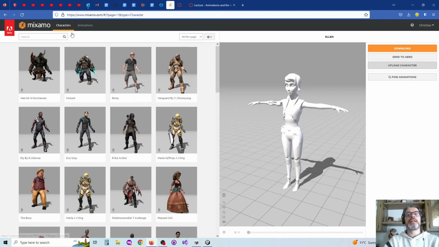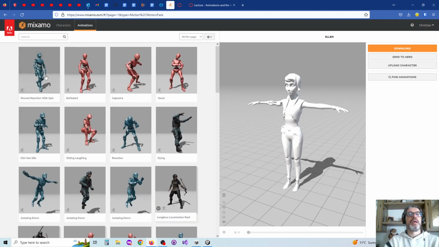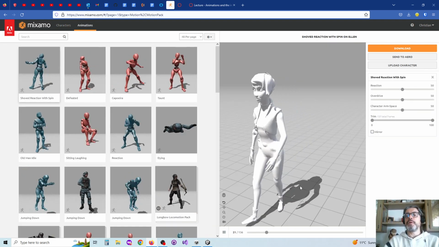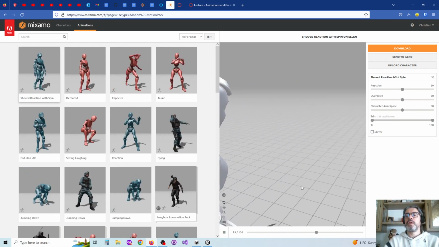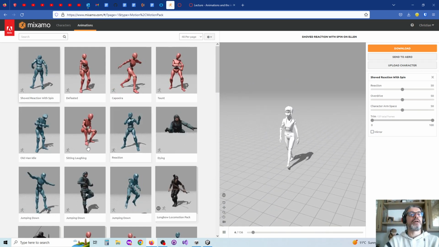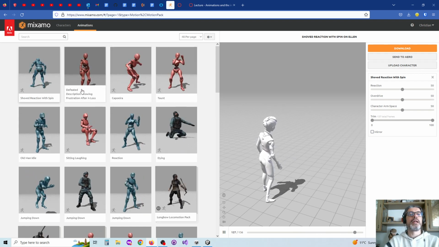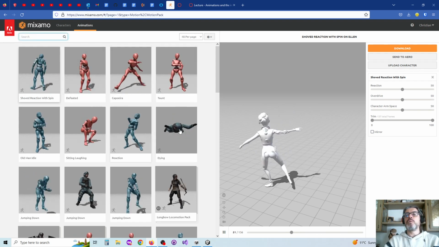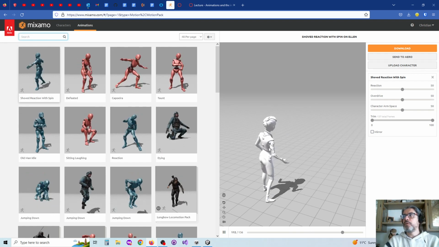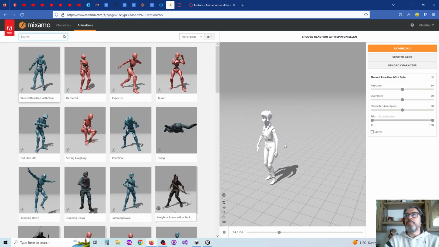See, we were in the characters, upload, and we have her. Now we switch to animations, right? Let's say we select the walking animation, okay, and this is a show the reaction with spin. Okay, that's not a walking animation, something else. Now let's say we want to download her now, because the reason we uploaded the mesh